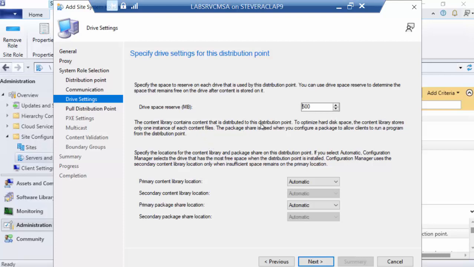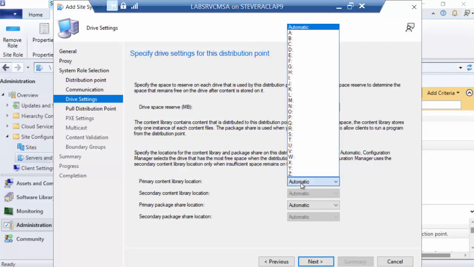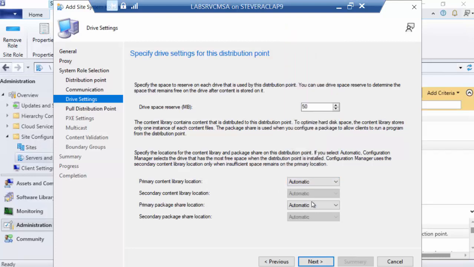And then I am going to want to decide the drive option. So in my lab, I don't have huge drives. I don't need them. And so I might specify this, might be okay. I do have a couple of gigabytes free on my drives. Whatever I want to do, might want to make it less, doesn't matter. I just want to have something I can show you how you want the connected cache to be configured in terms of the primary content location, whether you want to let ConfigMgr choose, you want to specify whatever the